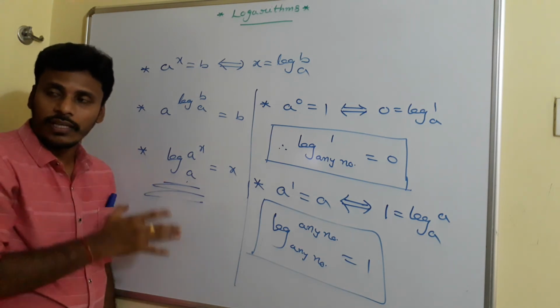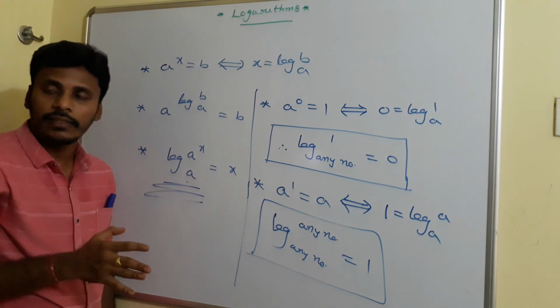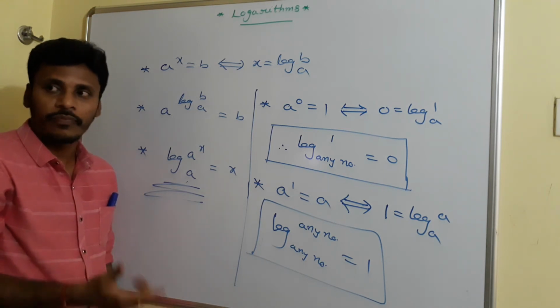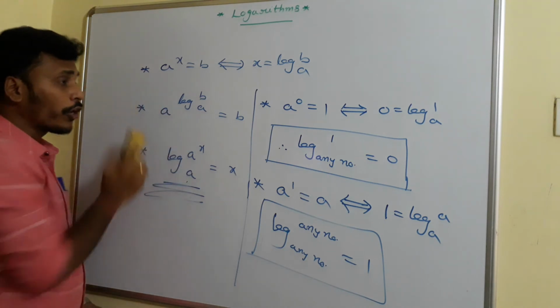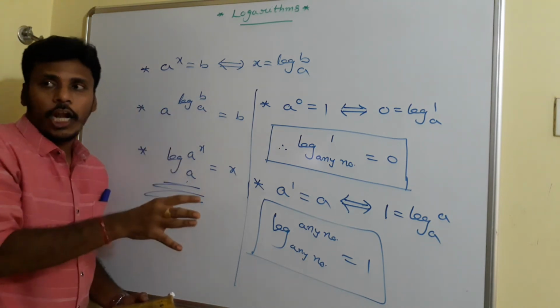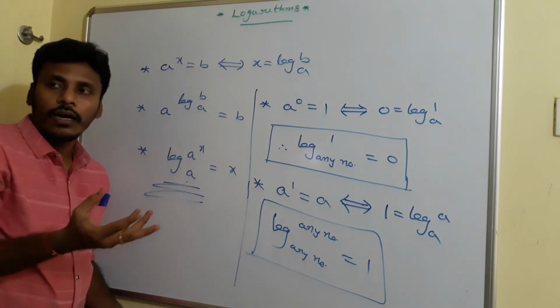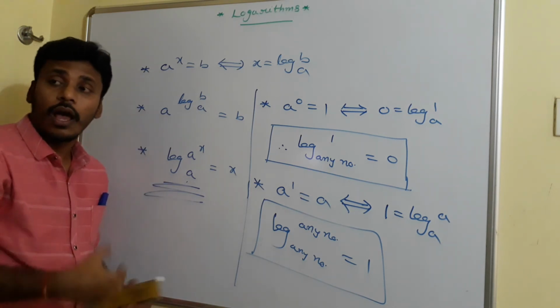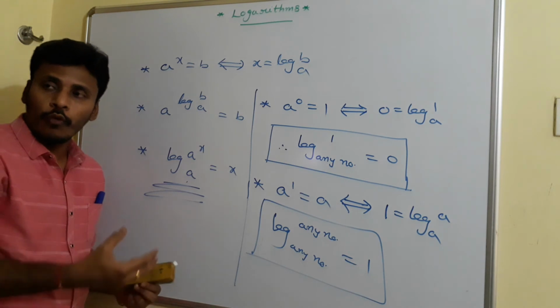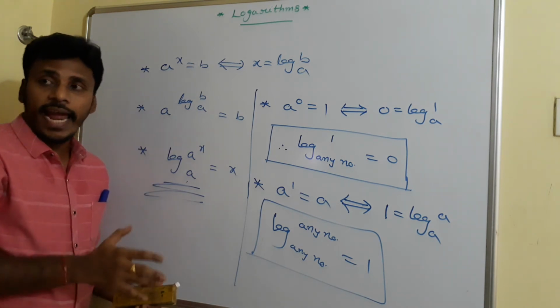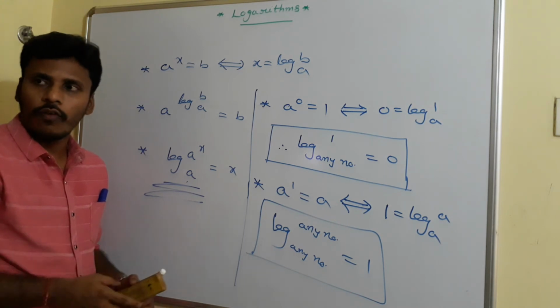Just keep all these things in your mind, and then come with me to develop different laws of logarithms, right? So now I am going to give you some standard laws. These are called the fundamental laws because these are directly derived from exponents. Now with certain logic and proofs we are going to develop some more laws. So we call them standard laws or formulas of logarithms.